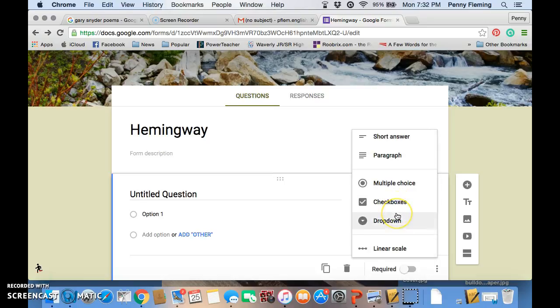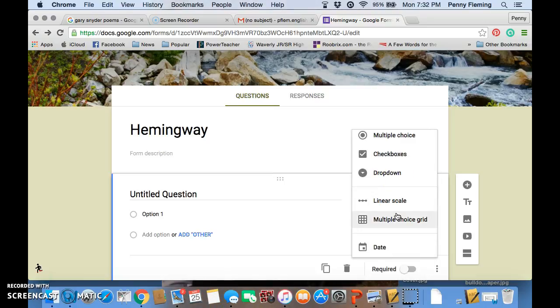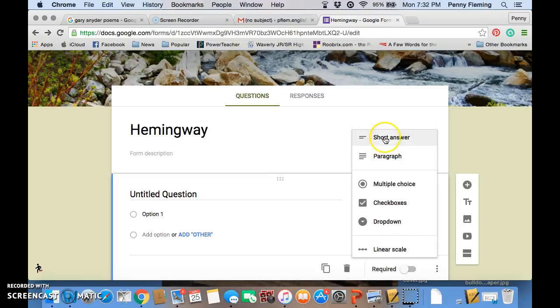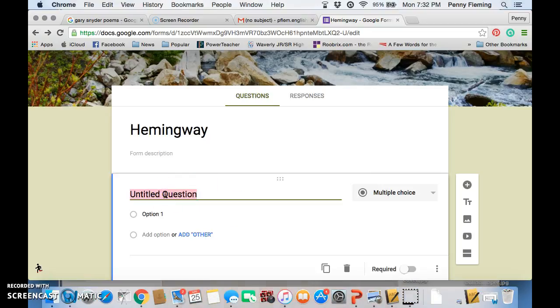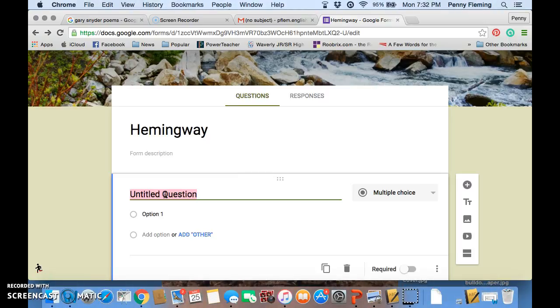A checkbox, drop down, you can do a scale. Do you like this or this on a scale of 1 to 5? There's short answer and paragraph, which I use a lot, but for this instance I'm just going to click multiple choice, and we're just going to give a myriad of answers for these students to answer. So the question that I'm going to ask is about Hemingway's writing style. So let's see, what was the writing style coined that Hemingway